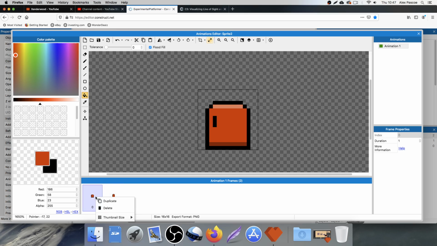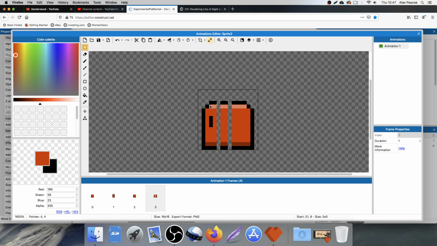Now let's go back, get the first frame, duplicate, because that's going to be the next frame after. He's going to come back down, and then we're going to duplicate that again, and now we're going to squash him. So now we want to grab just past the eye, drag him out by 1, come here at the other side, drag him out by 1, and now come under the eye, and we can bring him down by 2, because we've got 2 to play with. Get the black outline, just fill that in at the top and the bottom. Get the red, fill that in. Get the shade, fill that in. Get the highlight,